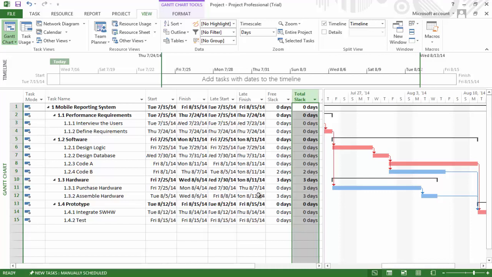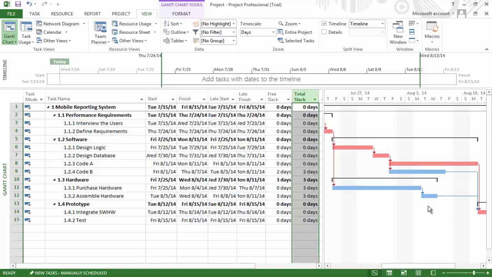If purchasing hardware starts later than planned or takes longer than planned, it will delay the start of assembling the hardware. This delay will have to be coordinated with the individual who manages assembling hardware. Not only will this activity be starting later, but total Slack will be reduced. For example, if purchasing hardware takes 1 day longer than planned, 1 day of Slack will be consumed. Not only will assembling the hardware have to start 1 day late, but it will only have 2 days of